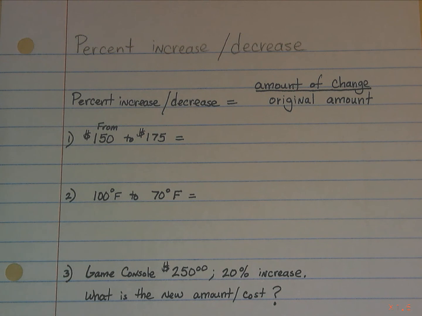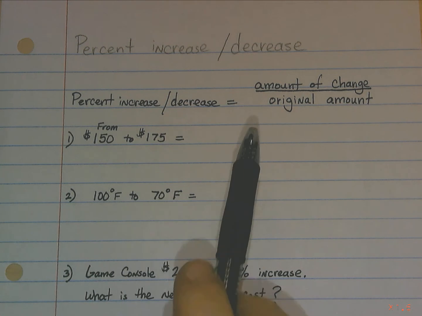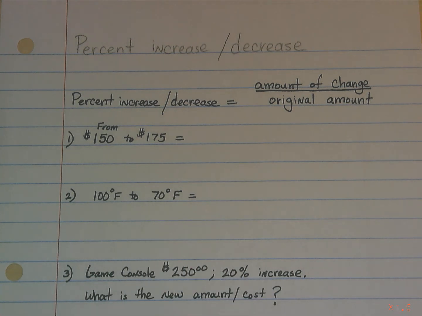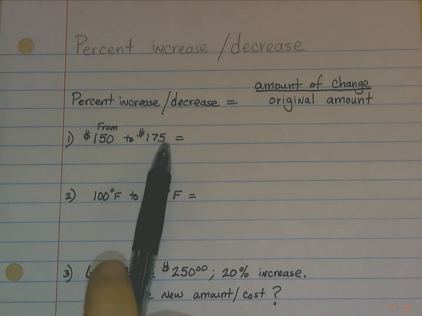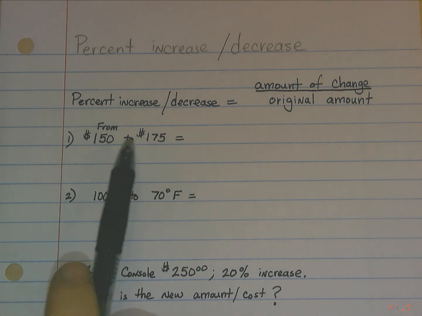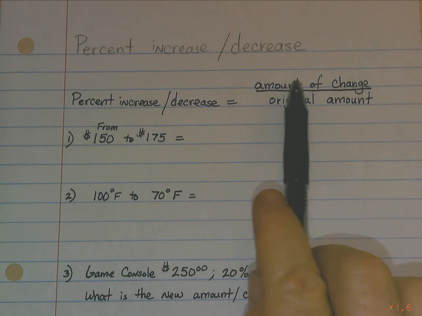So we're talking about change here. How do we determine percent increase, decrease based on the numbers? If you look at the numbers, what you're basically going to do is find the original amount and the new amount. So what you're going to do is take the change, the amount that it changed by, and divide it